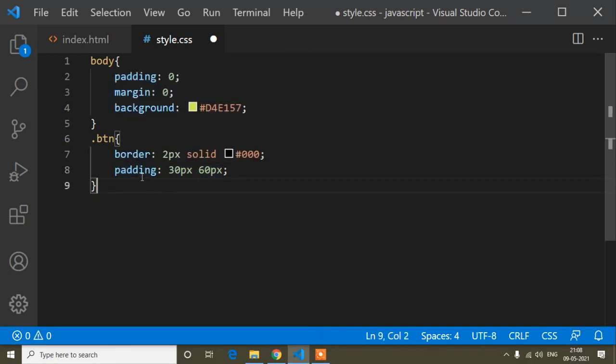Okay, so why do we use padding? It is used for adding some space inside the container. Container means, suppose, this is the button. Now, before refreshing, you can see I have written hover me, and outside this hover me text there is some space.